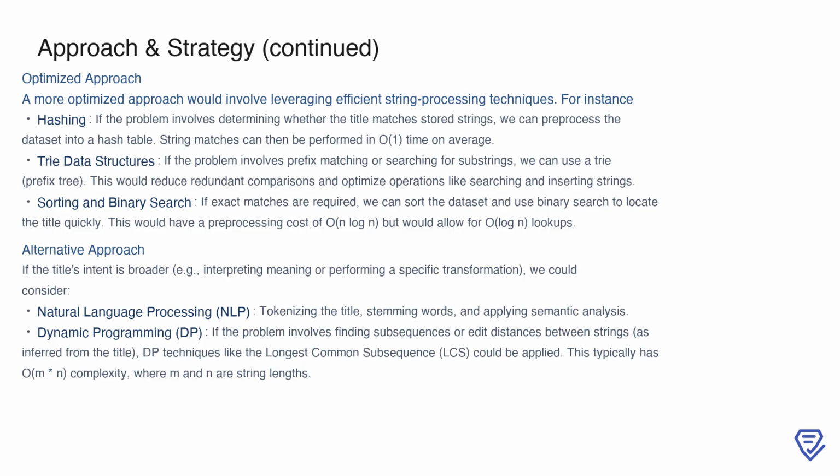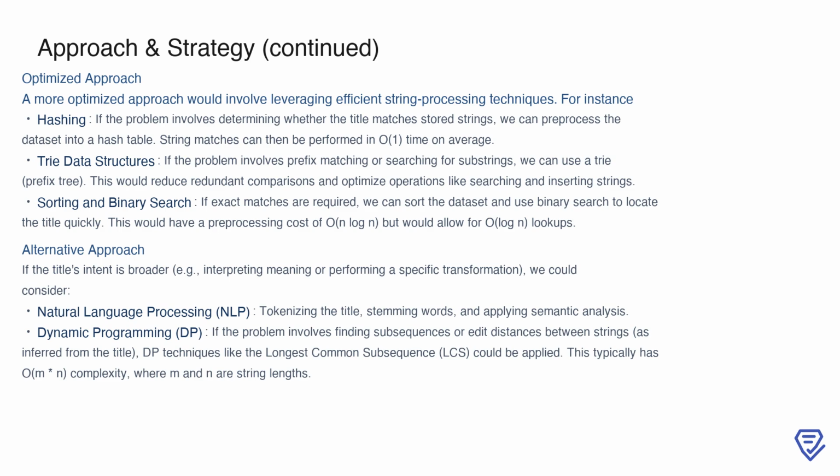A more effective strategy involves optimizing how we process and search for strings. If the problem involves checking whether the title matches stored strings, we can utilize hashing. By pre-processing the dataset into a hash table, we can achieve average time lookups of O(1). Alternatively, if the task involves prefix matching or substring searches, a tree data structure, also known as a prefix tree, can help by reducing redundant comparisons during insertion and search operations. Another possibility is sorting the dataset and using binary search to locate the title. While this method has a pre-processing cost of n log n, individual lookups are significantly faster, with a time complexity